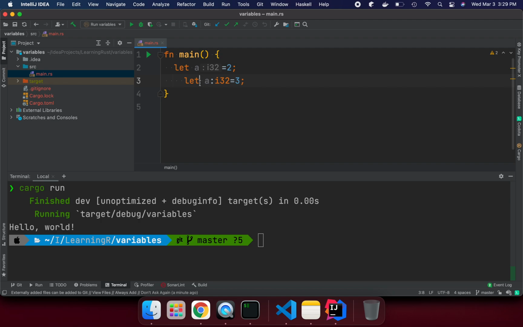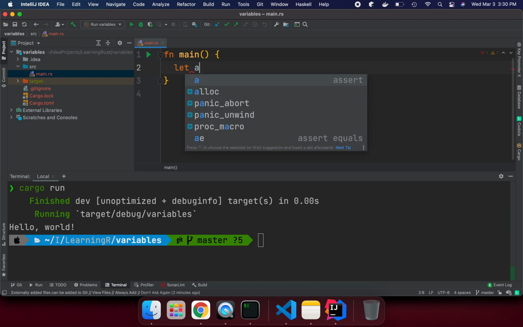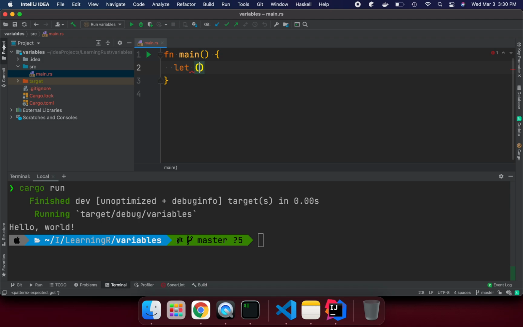Or, in a simple way, if we wanted to declare variables like this, suppose let a, like in tuple format, a comma b is equal to 8 comma 9.